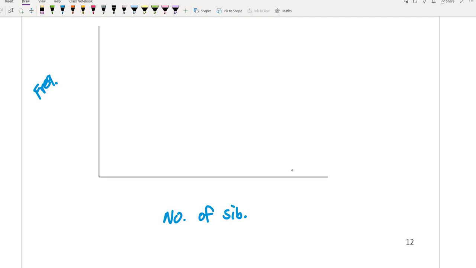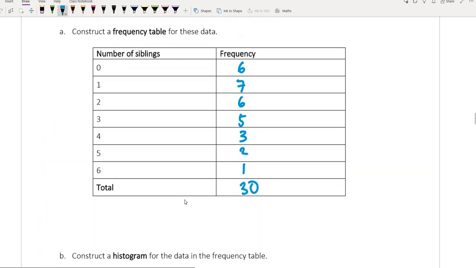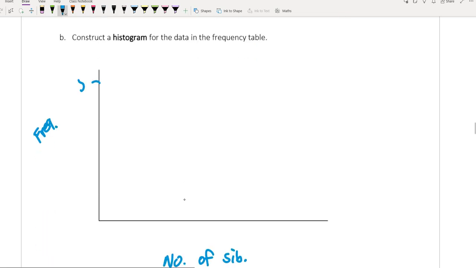And what we want to do is making sure that our scales are appropriate. So we're going up to 6, and the lowest frequency is 1, highest frequency is 7. So we don't need to be going up to like 50. We just want to go up to 7. So this is going to be a nice and easy one where we're just going up by 1, because we can easily fit 7 here, like this. And number of siblings, we want to go